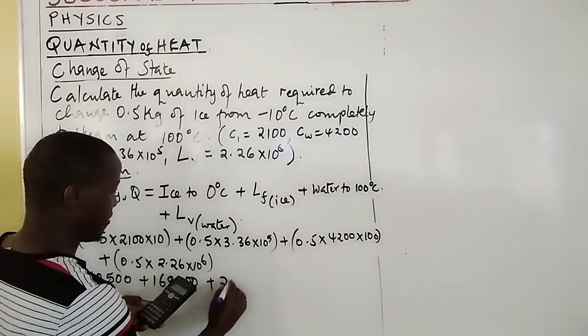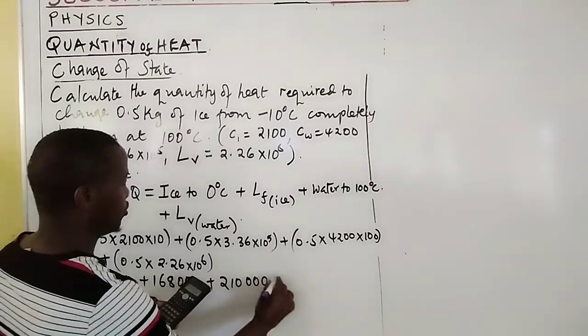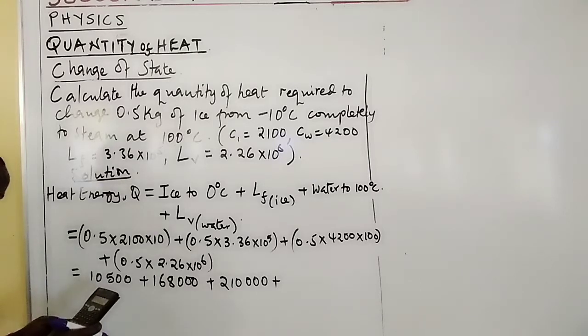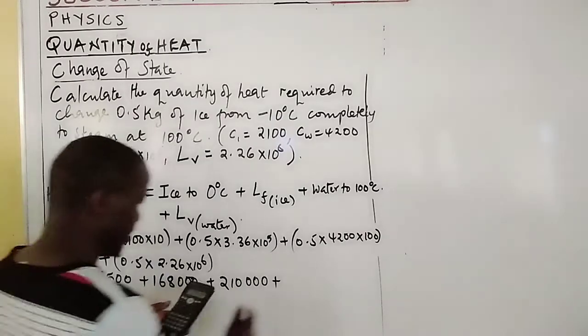This gives us 210,000 joules. Then plus lastly 0.5 times 2.26 times a million. This gives us